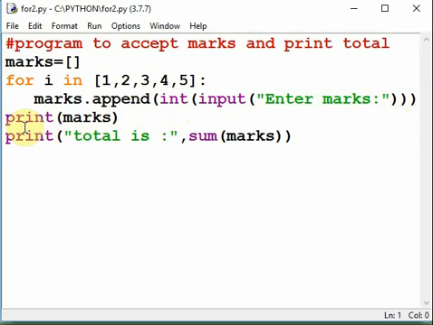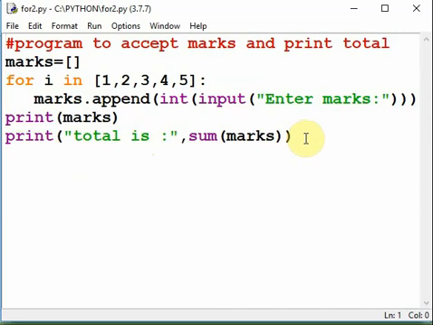Next statement: after accepting 5 subject marks, you want to print the list. For that purpose, this print marks statement is used. Then last, print total is sum of marks.